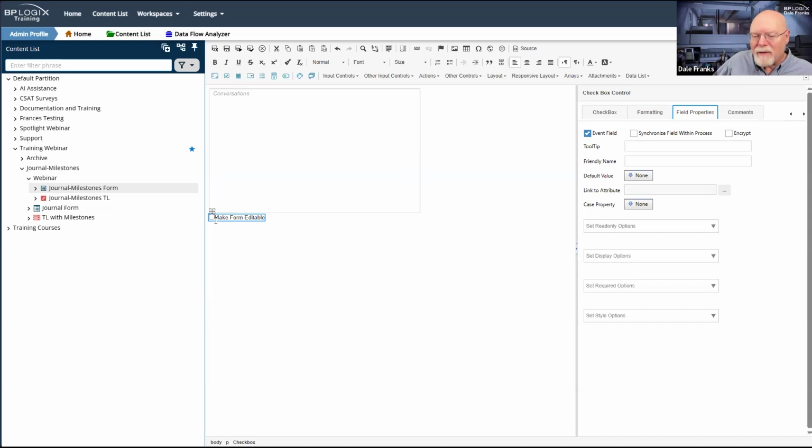And as long as I have the ability to make it editable, who knows what I might have changed on that form. I, at the very least, want to track when that form was made editable and who made it editable. So if down the line, whenever we're auditing things, if there is any question about what the data on the final form is, and someone says that's not what I initially put in, it would be nice to know when somebody came in and edited that form.